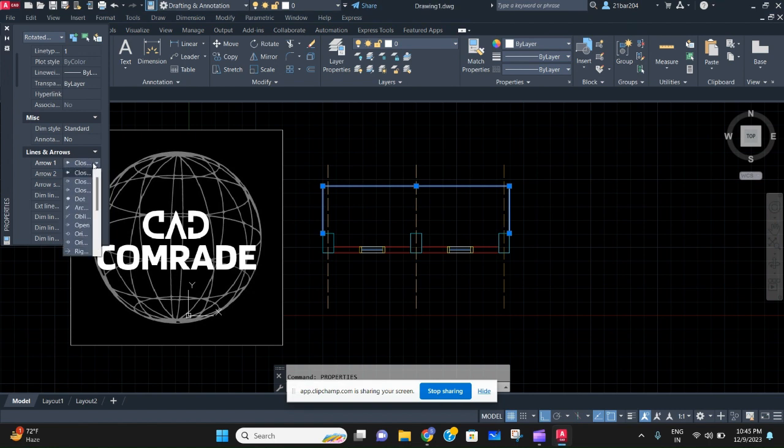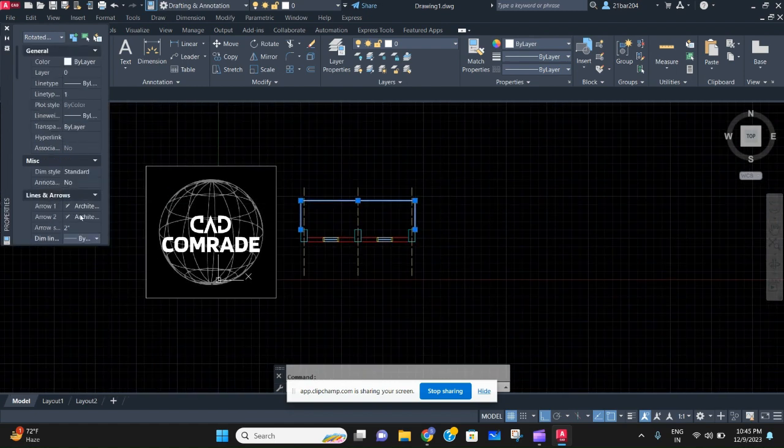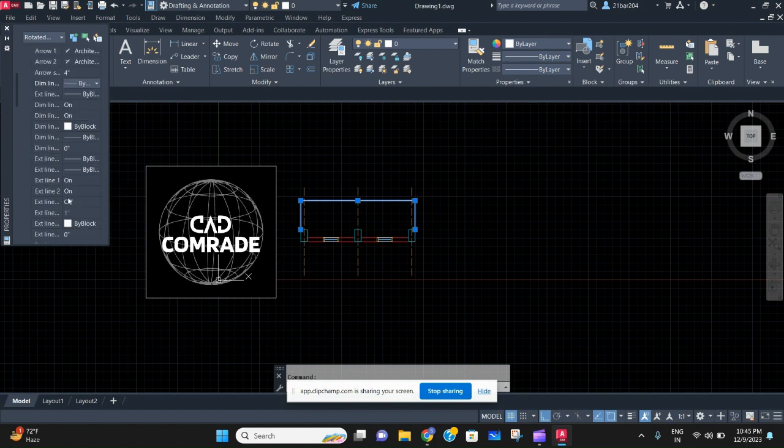that we want. In architecture drawings, you should always use architecture tick right over here. Arrow size 2 inches will be good enough for any drawing. If you have bigger drawings, then just make it bigger as you want, but I think this is just okay. So for this